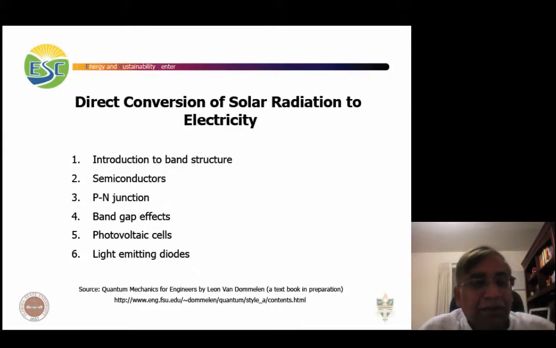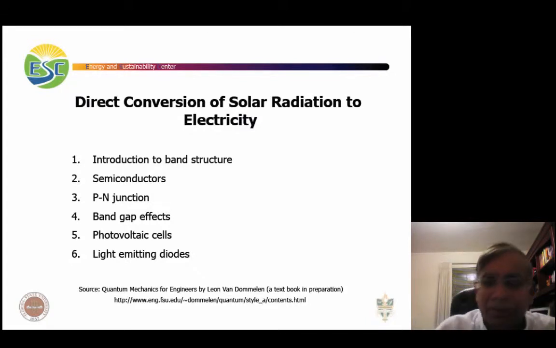These things come from elementary quantum mechanics. And we talk about the semiconductors and the characteristics of the material properties in there, and we talk about the p-n junction, which is the key for the solar cell, and we talk about the band gap effects in relation to the solar energy spectrum, and then we talk about the solar cells or photovoltaic cells, and briefly mention